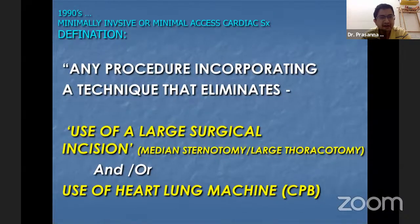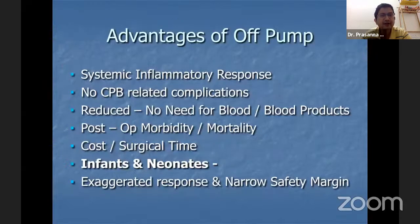But I would now extend it so that we can even use it where we don't use a heart-lung machine, or cardiopulmonary bypass. Sounds weird, but I will come to it. The advantages of off pump are that, as I said, there's no systemic inflammatory response of the bypass and no CPB-related complications. There might not be a need for blood or blood products, and there is less post-op morbidity and mortality. The cost definitely comes down, the surgical time comes down, and especially in infants and neonates there is a very